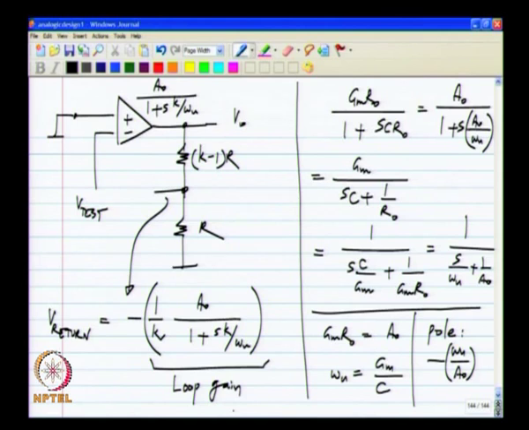And again, just as a quick recap, the loop gain without this non-ideality, without the finite output resistance, was omega u by K divided by S, and you can easily see that if A naught goes to infinity, this reduces to that value. Sorry, this is not S K by omega u, it is S A naught by omega u. If A naught goes to infinity, you will simply get 1 by K times omega u by S.